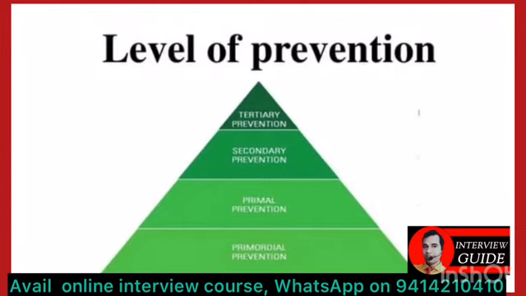Now, some examples for tertiary level of prevention. In polio, if we use crutches, okay. If in polio, we instruct the patient to do physiotherapy, that also comes under the tertiary. In this, both disability limitation and rehabilitation come. One more example for tertiary level of prevention is spectacles and contact lenses. We prescribe the patient spectacles or contact lenses. So that's all about the level of prevention.